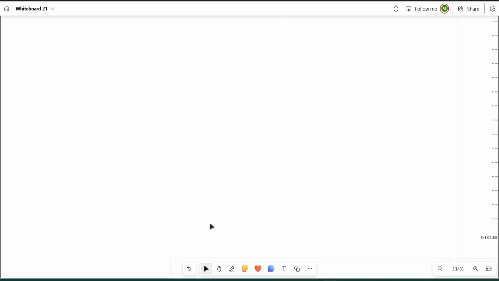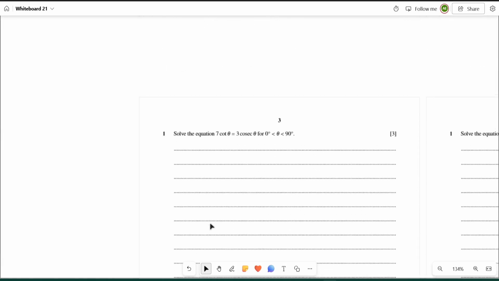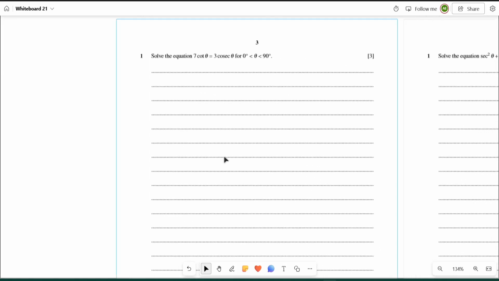Now, let's get rid of this and let's get into the next question. This question tells me, solve the equation 7 cotangent theta equals 3 cosecant theta for theta between 0 and 90. So in this question, we are going to use the